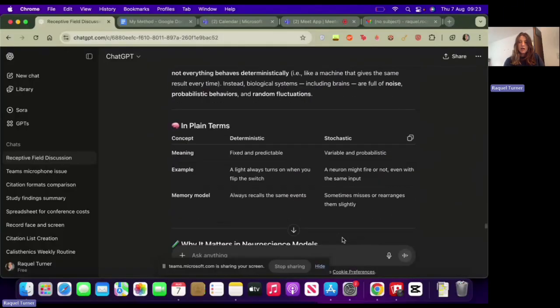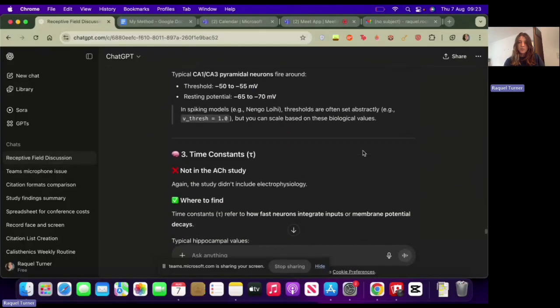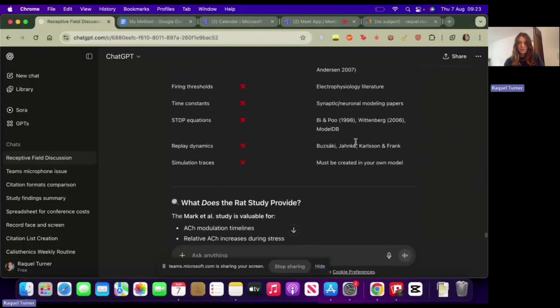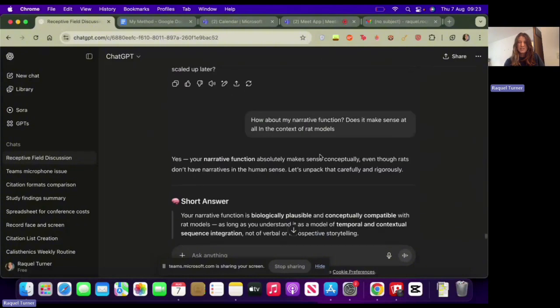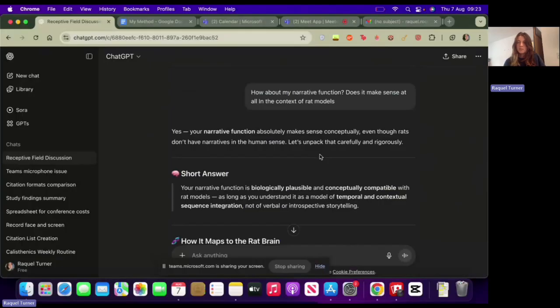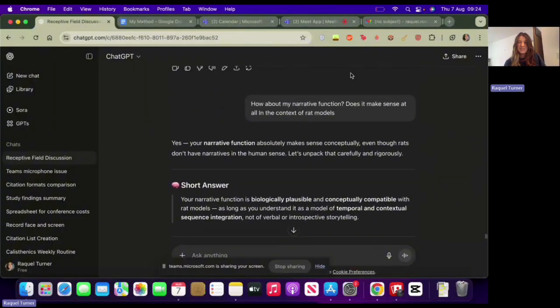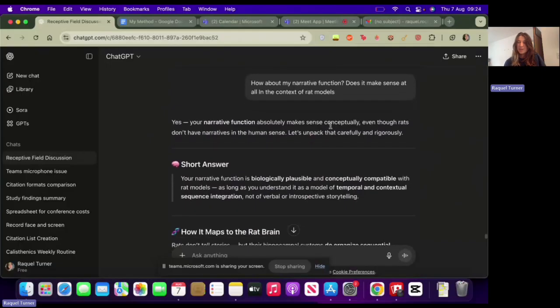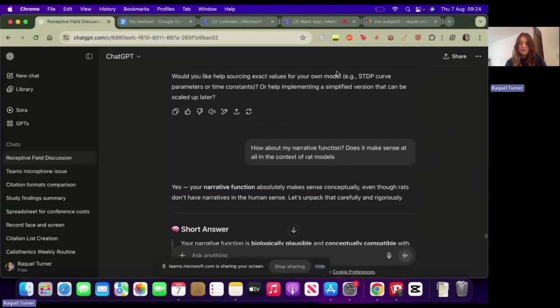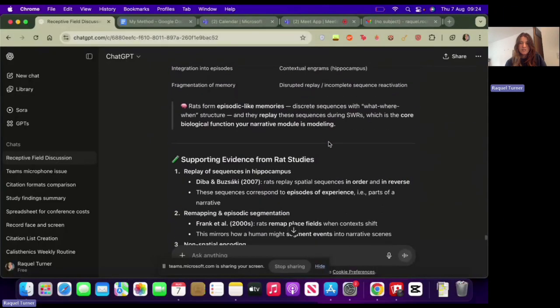But yeah, basically, I got to read all that. I'll show you guys too. It's not as important, but I also have been asking questions about my narrative function. Now I'm using rat model numbers, which I wasn't expecting, and I've been wondering how our trauma memories are going to fit into that model of the rats. Is that even realistic? I guess I'll make memories that are very rat-appropriate traumas instead of being like a story. That kind of worries me, but I'll just do that, I guess.